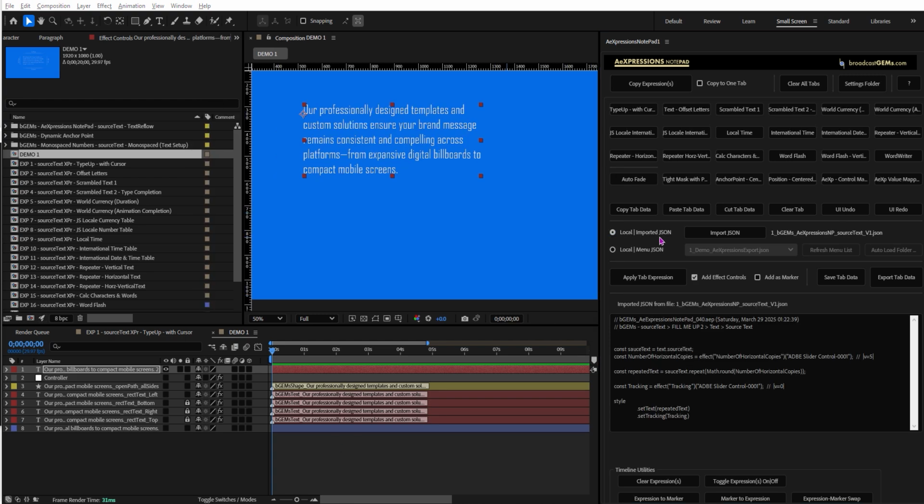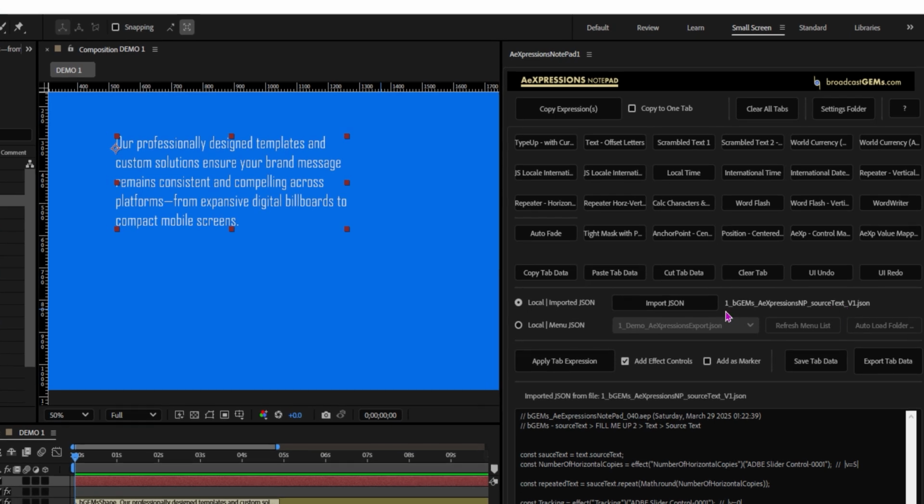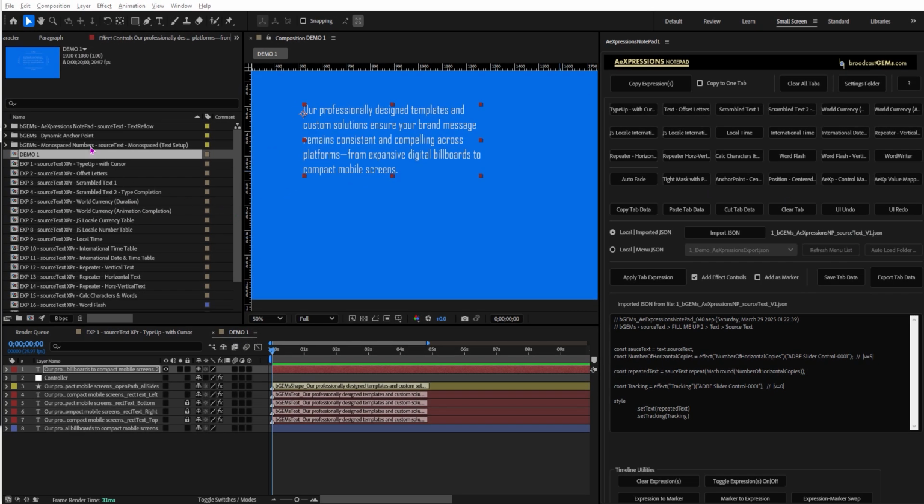Okay, I'm back and I've loaded the JSON. So this is the JSON that I was talking about. It starts off with the number, then B gems, short for broadcast gems, expressions NP, short for notepad, and then source text. All right. So I've loaded that up. I've also got my source text.aep. Like I said, you